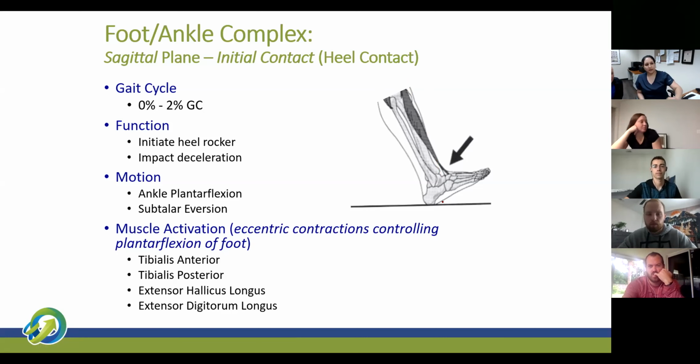Well, with this part, can you draw like this and make an arrow coming down, so it's showing the eccentric control of plantar flexion. Mm-hmm. So that whole arrow I think is confusing. I think it's just showing where the motion is. It's just showing the motion, yeah, but to show the ground reaction. So the arrow is just showing the action of what's occurring, but